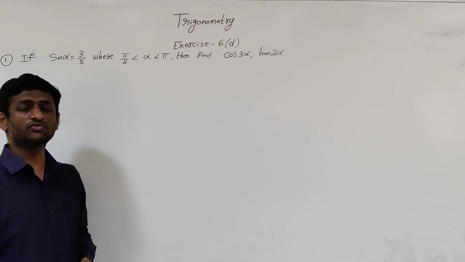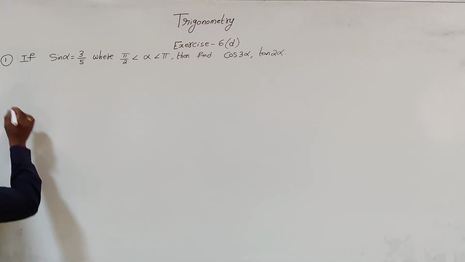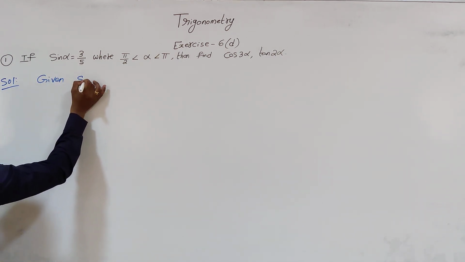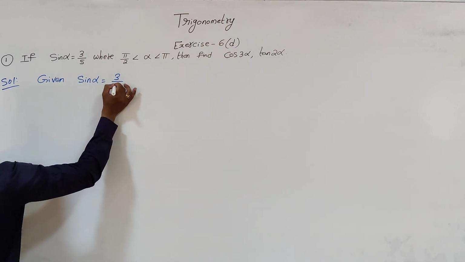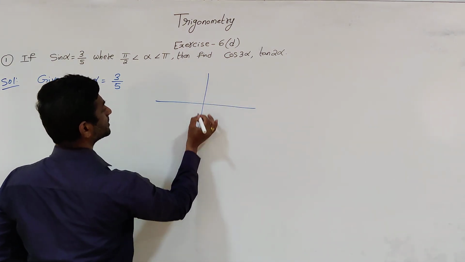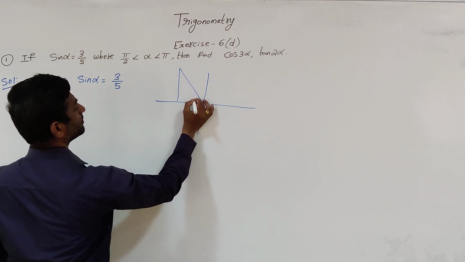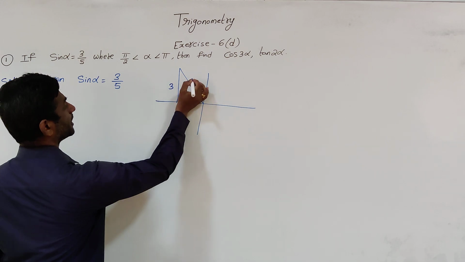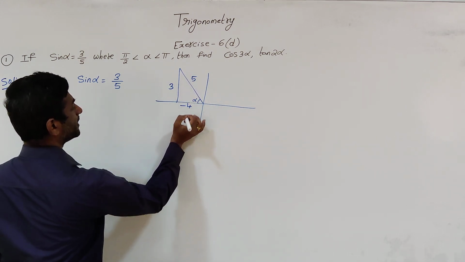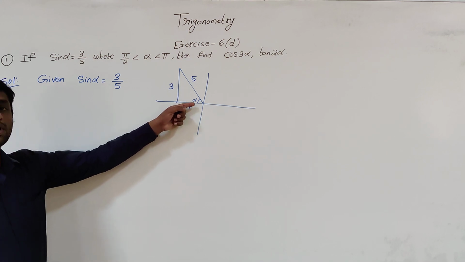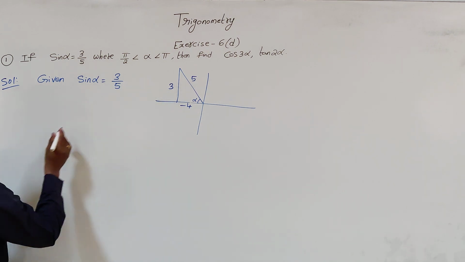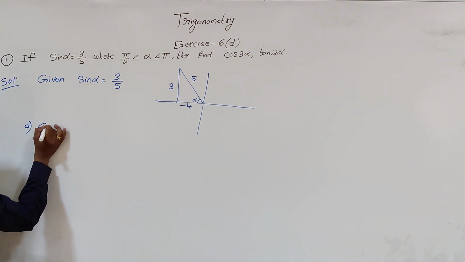And we know the triple angle formulas and double angle formulas. So we'll see the proof. Solution. What is given? Sin alpha is 3 by 5. Means we have to go for one right angle triangle in the second quadrant for alpha. If this is alpha, sin alpha is opposite side by hypotenuse. So the opposite side of alpha is 3 and hypotenuse is 5. And this gives the adjacent side 4, but as it is on the negative x-axis, it should be minus 4. Next, from this data we have to find first one, cos 3 alpha.